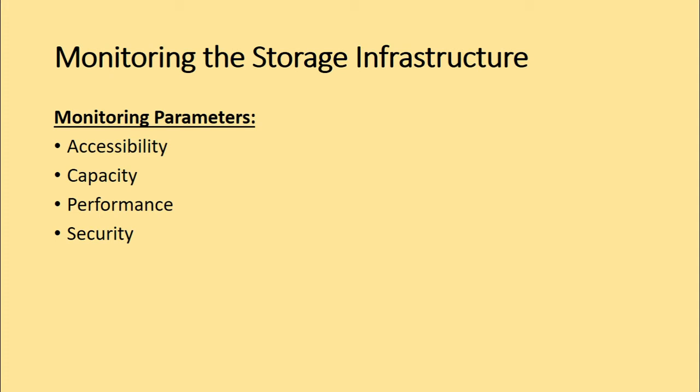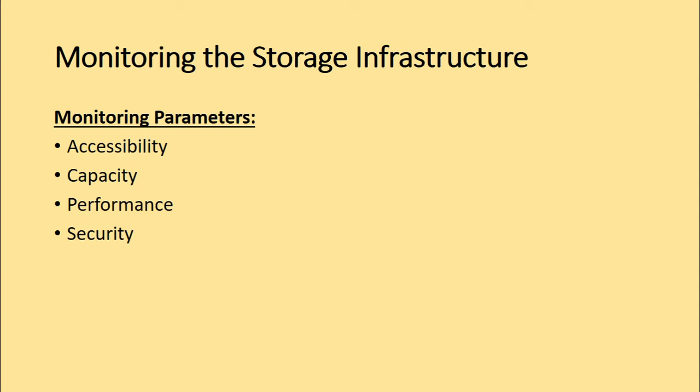A storage infrastructure uses redundant components to avoid a single point of failure. Failure of a component might cause an outage that affects application availability, or it might cause performance degradation even though accessibility is not compromised. Continuously monitoring the expected accessibility of each component and reporting any deviation helps the administrator identify failing components and plan corrective action to maintain the service level agreement requirements. So that is about accessibility.